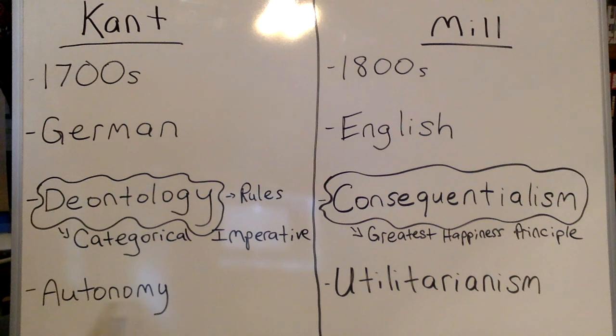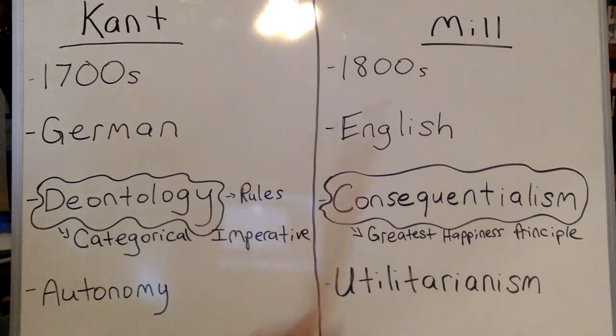Kant also gives us this interesting concept of autonomy, which I'll go into a little bit as part of the focus on each individual philosopher, just so we can understand what he means by this. Generally, most of the time, this is thought to mean something like independence, which isn't a bad place to begin to understand this concept, but it doesn't completely capture exactly what he means here.